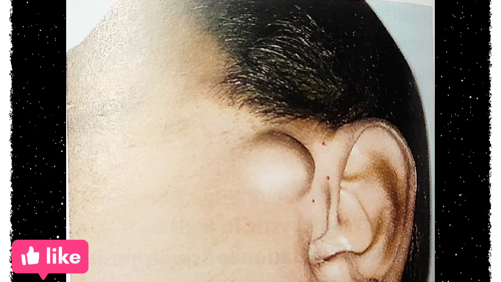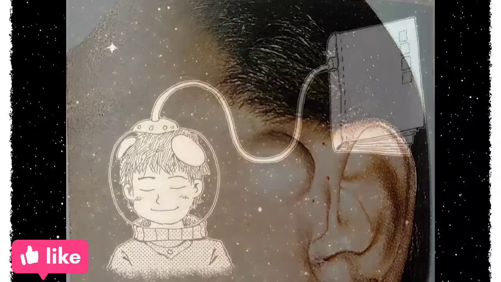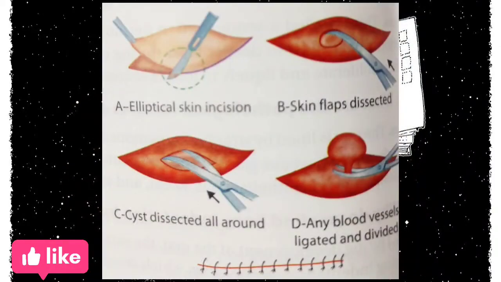So what is a false cyst? A false cyst is a fluid-filled sac not lined by epithelium. So this is the difference, whereas a dermoid cyst is lined by stratified squamous epithelium, so it is a true cyst. And what are the contents of a dermoid cyst? The dermoid cyst generally contains a toothpaste-like material, formed by desquamated epithelial cells with or without hair follicles.